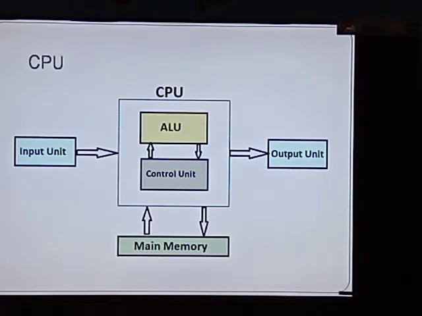main memory. When we give input to the computer from the input devices like keyboard and mouse, it reaches the CPU. There the processing will happen and it will give the result from CPU to the output units accordingly. So this is the block diagram of computer which shows the different units of CPU. Let us know how those different units work from the next slide.